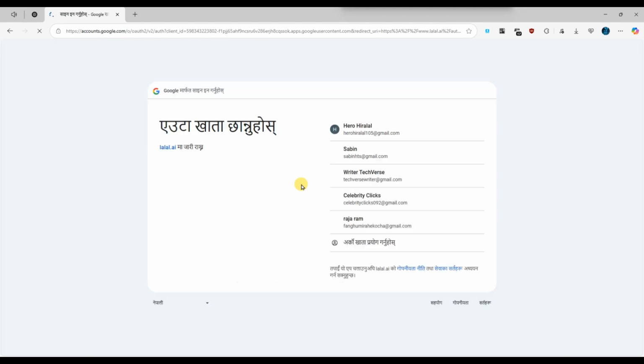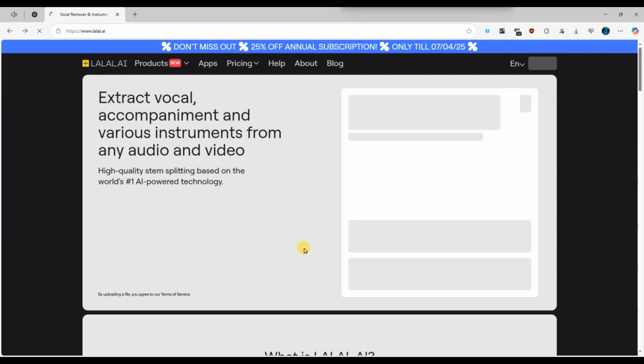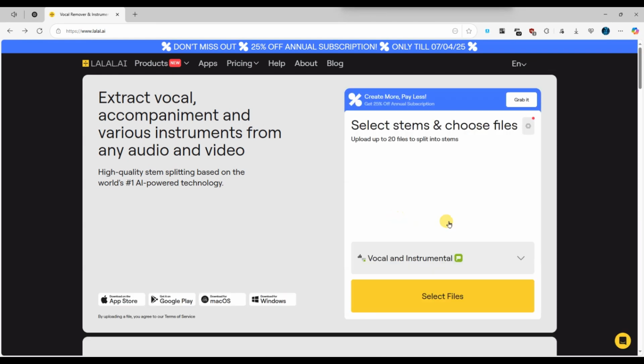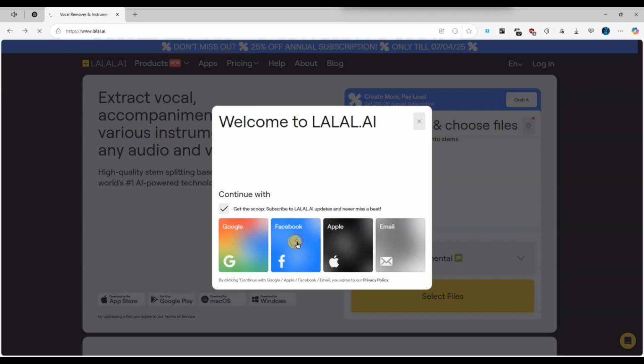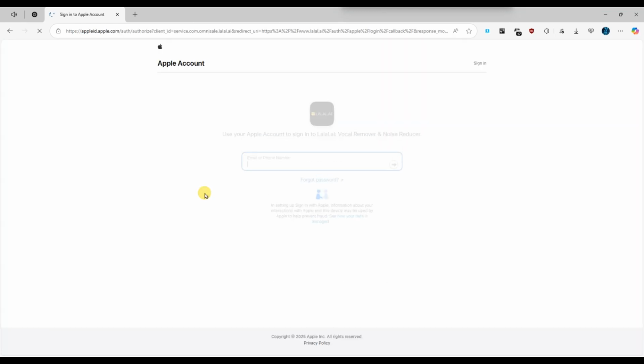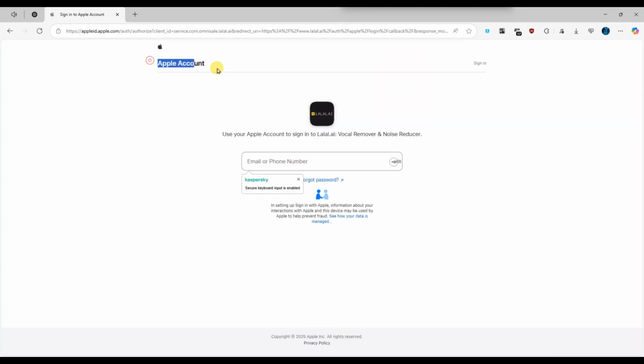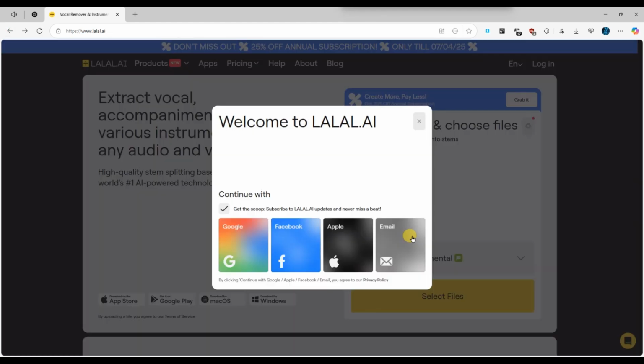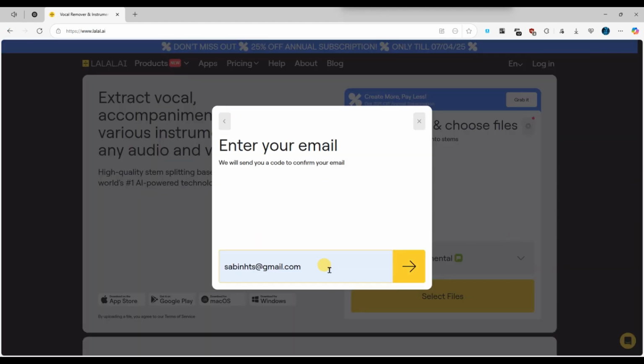If you choose Google, you can sign up using your Google account by selecting it and following the prompts to grant access. If you pick Facebook, you can use your Facebook account credentials to create an account quickly without filling out additional details. The Apple option works similarly for users with an Apple ID, allowing you to sign up securely using your Apple credentials. Lastly, if you select email, you need to manually enter your email address, and then the